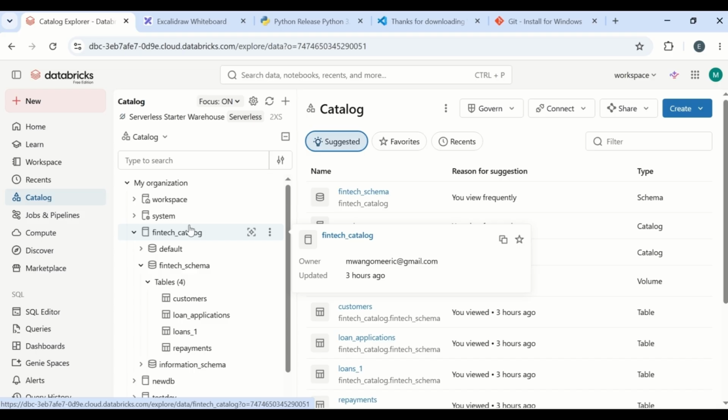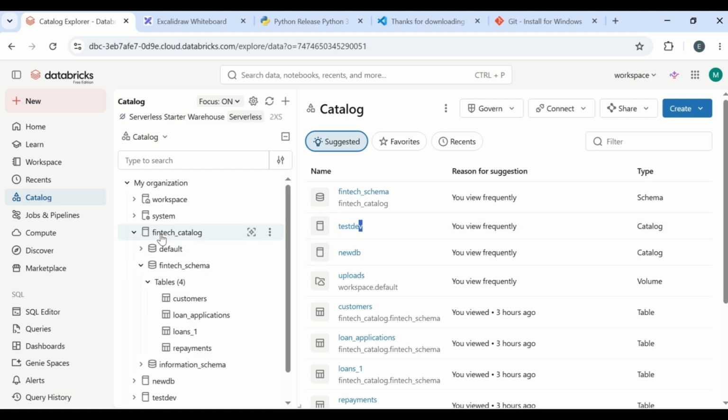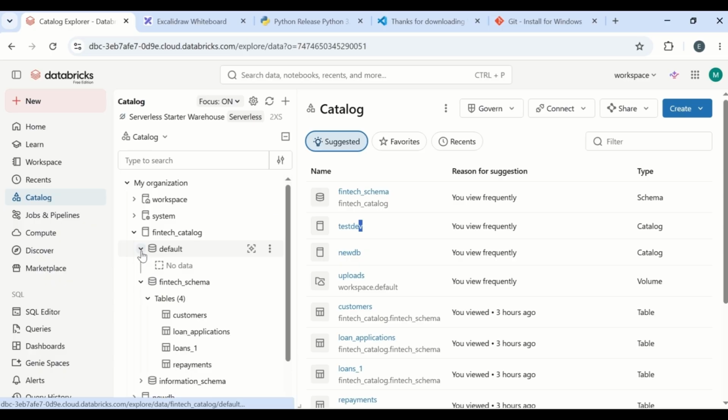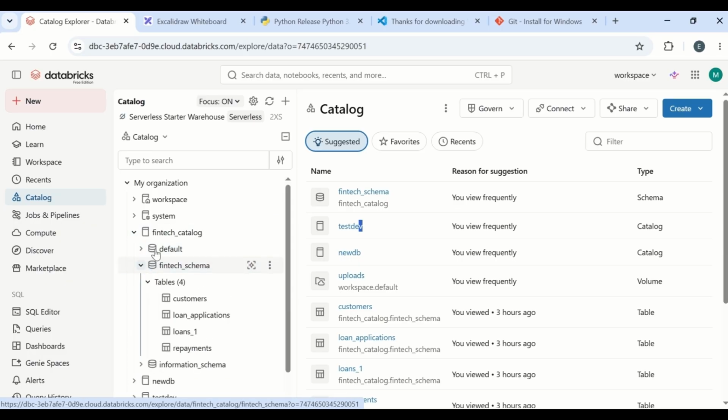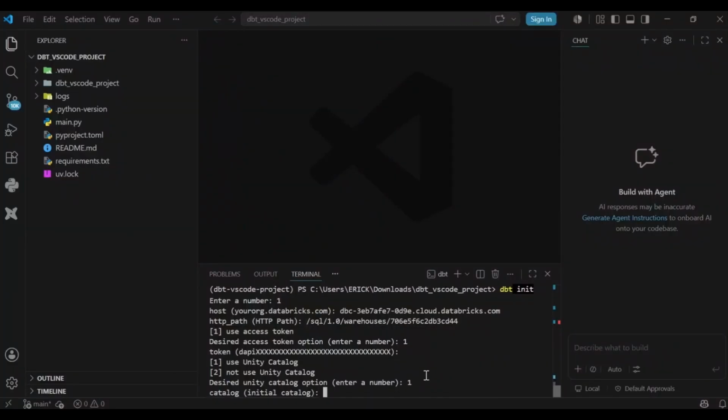This was the name of the catalog, so we can just copy this. It's just the Fintech catalog, the catalog that contains our data. So here you enter your catalog name, that is Fintech